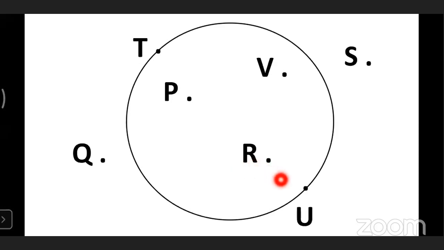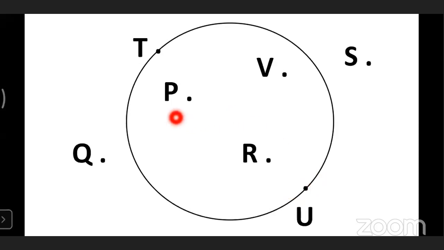One more point left, right? Can you read this point? U. Yes, U. Is it interior, exterior? On the circle. Yes. Why is it on the circle? Because he is not inside or outside. Okay, the point U is on the boundary, on the circle, right? That is not inside the circle. That is not outside of the circle, right? That is not interior part as well as outer. Okay, so that is on the boundary, on the circle. So point U is on the circle.